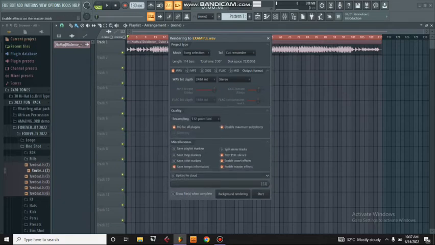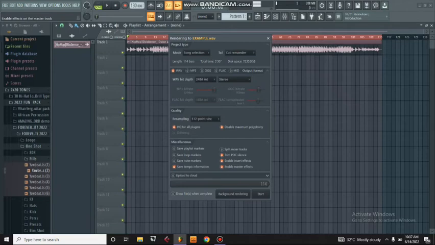So when it comes to this place, make sure you always enable your master effect. Of course, you want your master effect to always come out, so you get the exact sound you're hearing. And please, it depends. When you are exporting to your sound engineer, maybe a mix engineer that is going to mix the whole stuff,